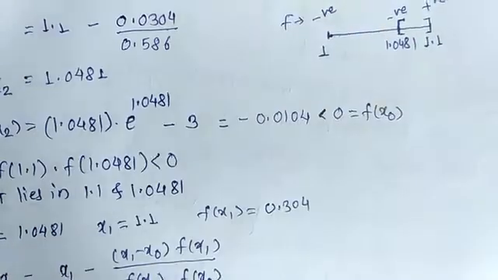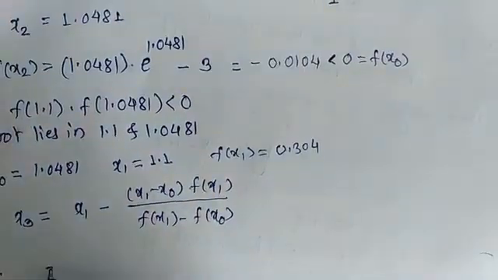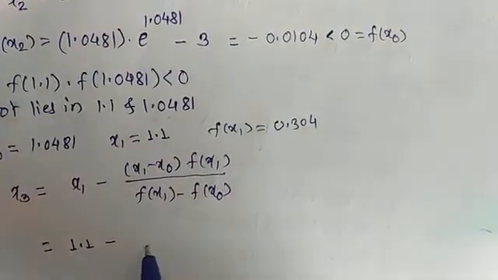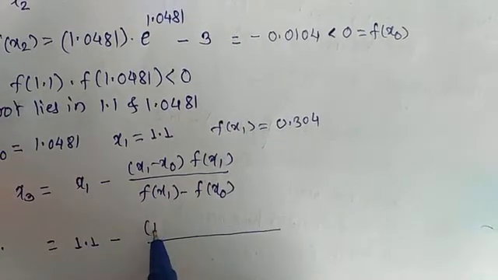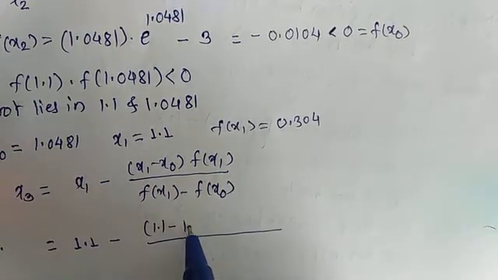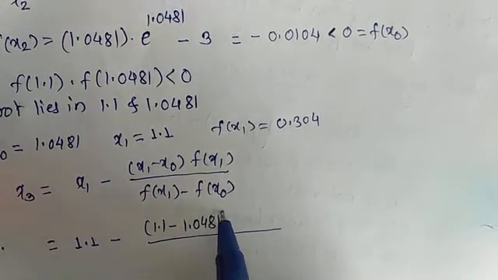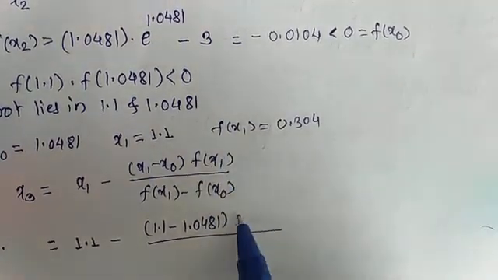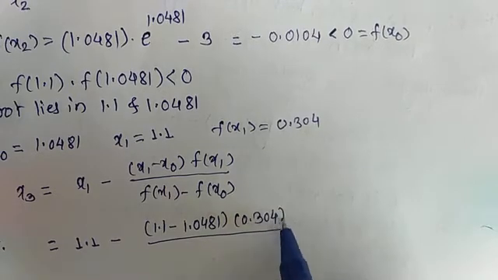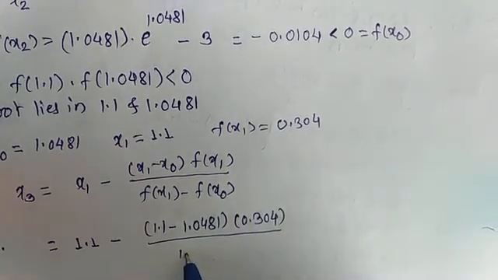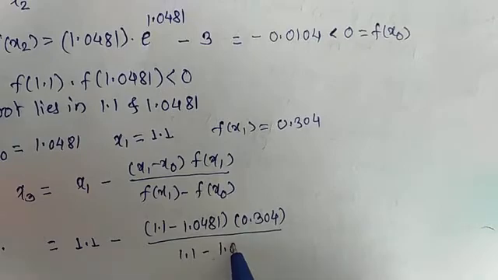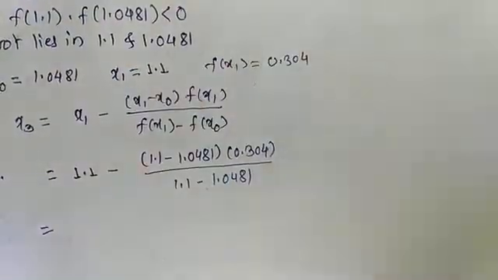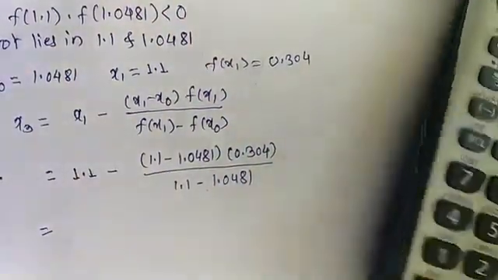Okay, so x3 will be equal to x1, which is 1.1, minus (1.1 minus 1.0481) into f of x1, which is 0.304, divided by